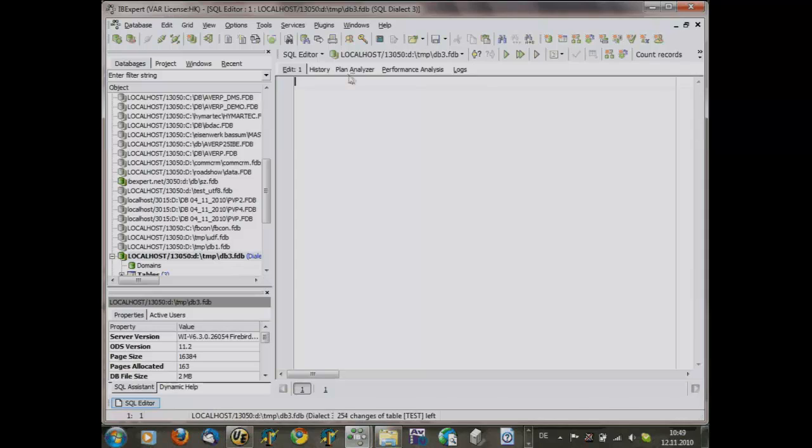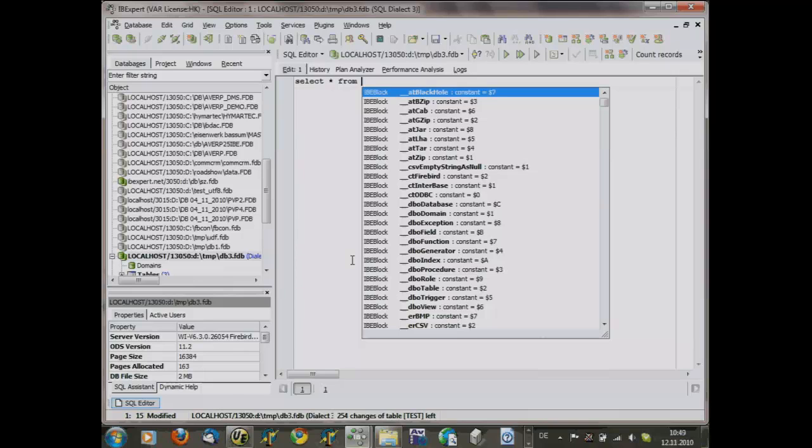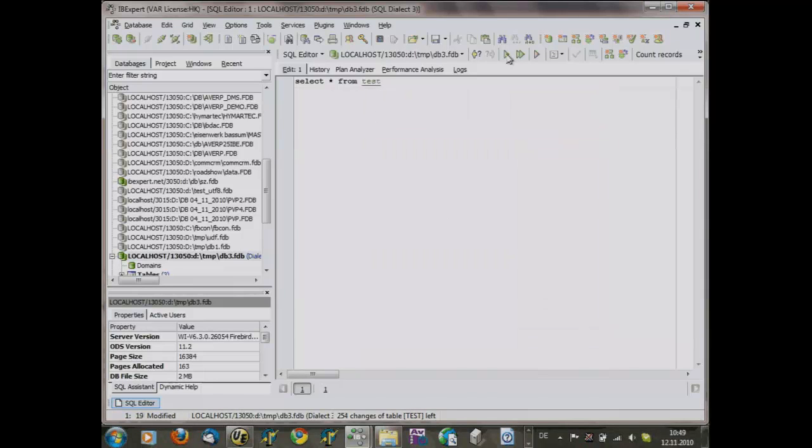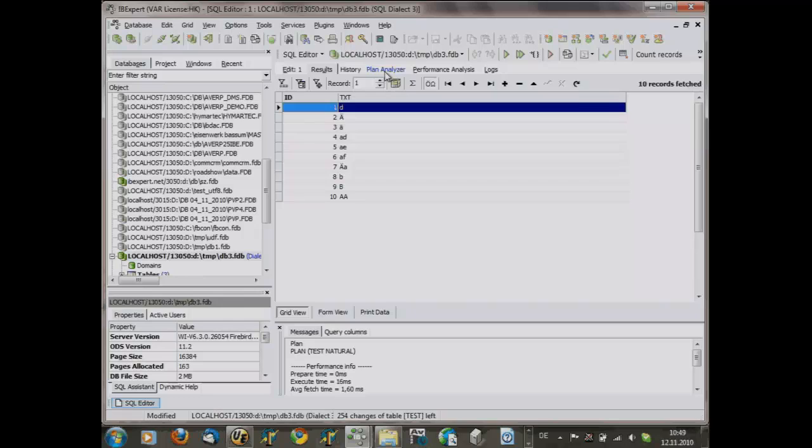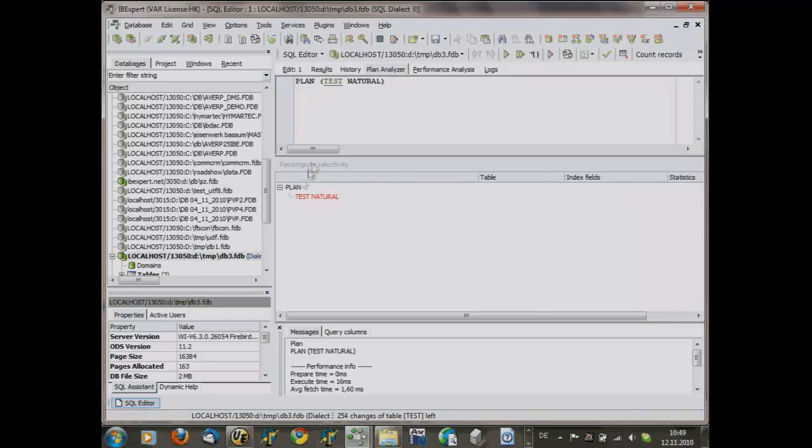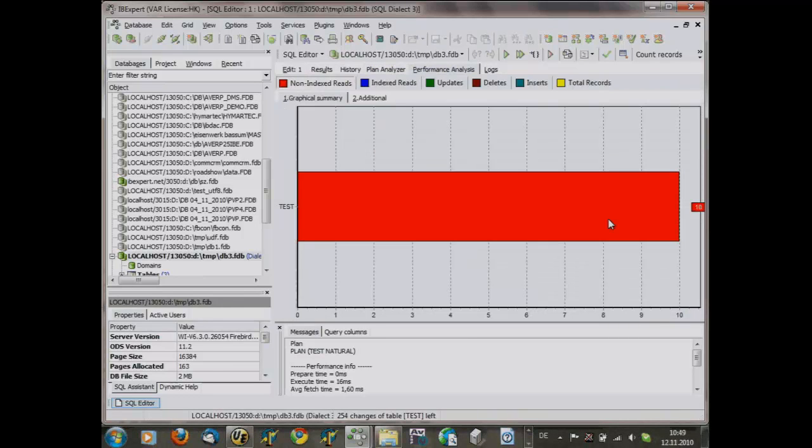For example, if you have a SQL statement running, select star from test, and execute the script, you can have a look, for example, at the plan analyzer. The performance analysis shows you red for non-indexed reads, blue for index reads, updates, deletes, inserts, and so on.